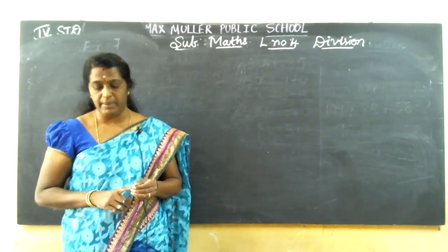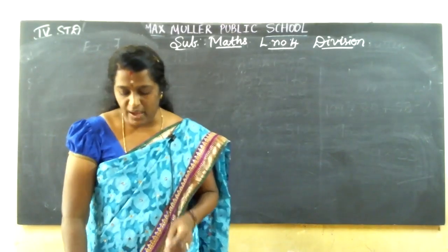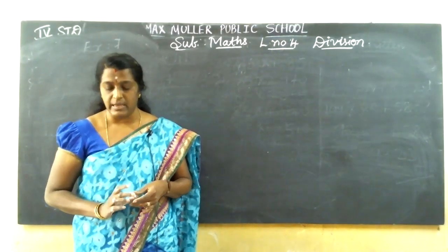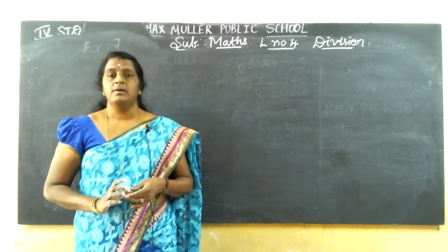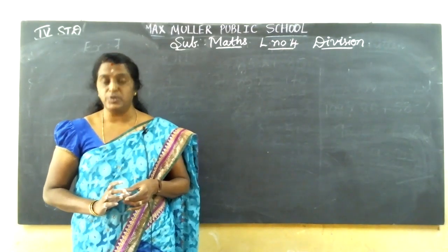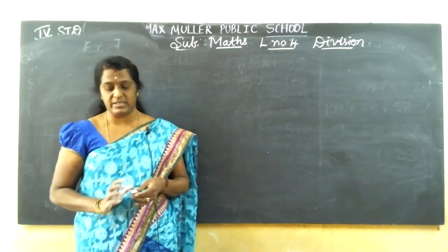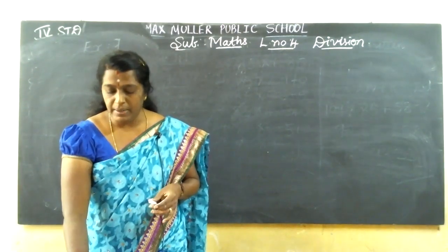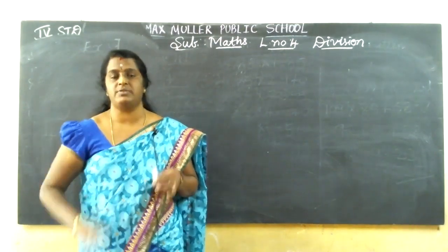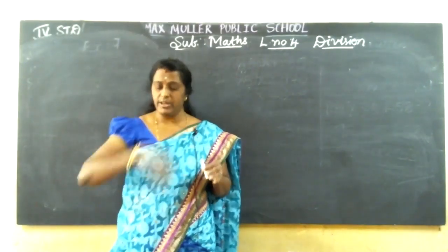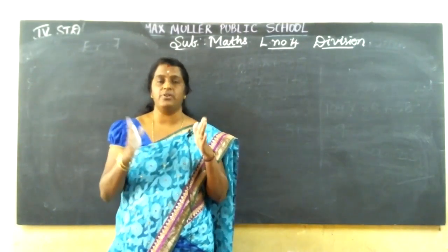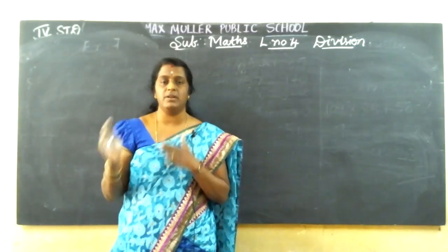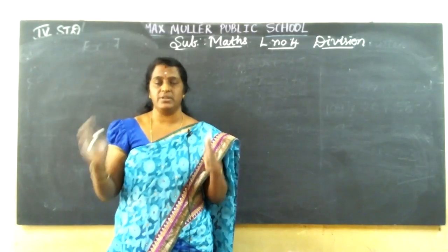Okay, children, word problem. First one, a hospital, page number 146. A hospital ordered 9,036 new blankets. Blankets, you know, are bed sheets. The blankets will be delivered in 3 equal shipments. How many blankets will be there in each shipment? So they'll divide by 3. If they divide by 3, in each shipment, how many blankets will go? How much will they deliver in each shipment?